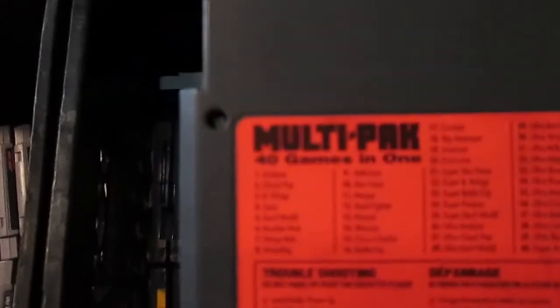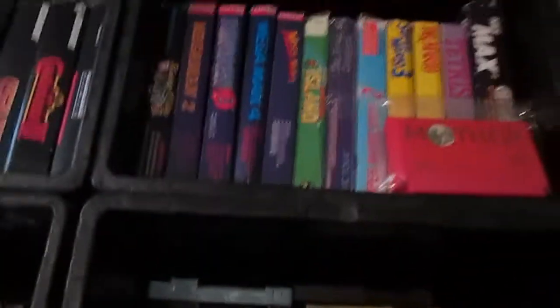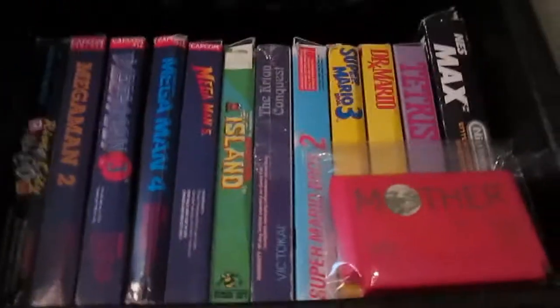That's I think a 60, and this is another Canadian one, 40 games in one. And then those are the Wisdom Tree games up there. Some boxes, again,